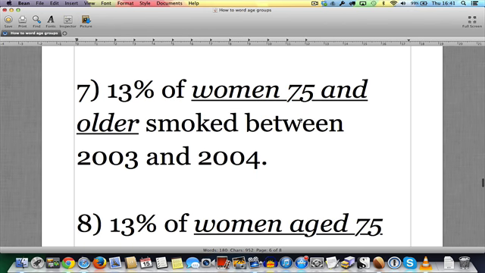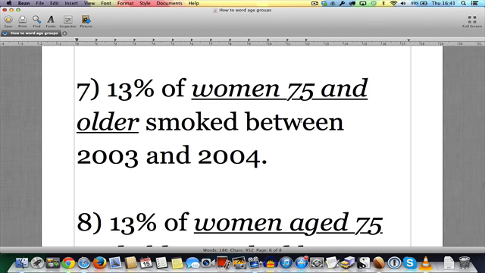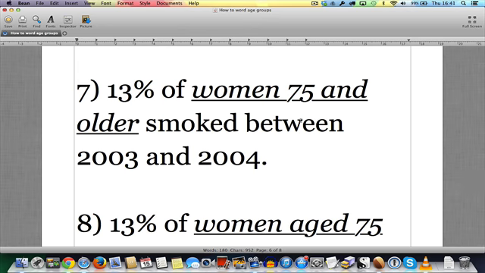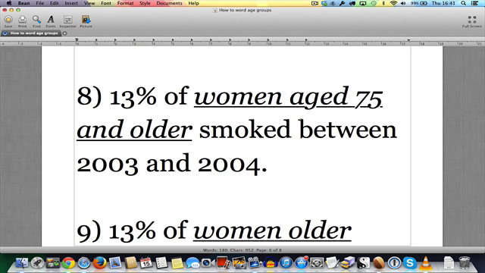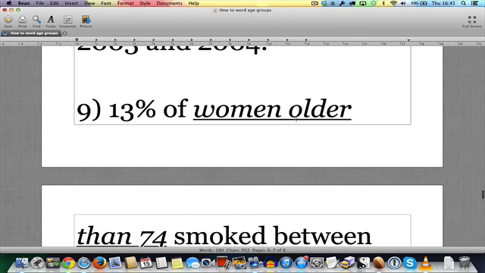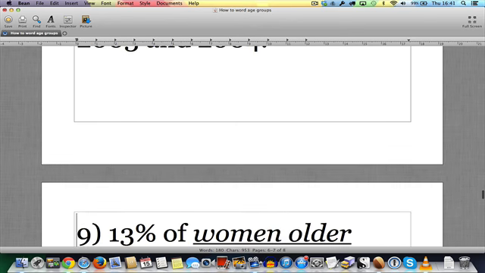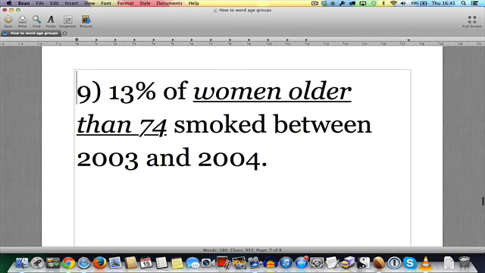13% of women 75 and older, which would also be grammatically correct, smoked between 2003 and 2004. 13% of women aged 75 and older smoked between 2003 and 2004. And 13% of women older than 74 smoked between 2003 and 2004. Okay,